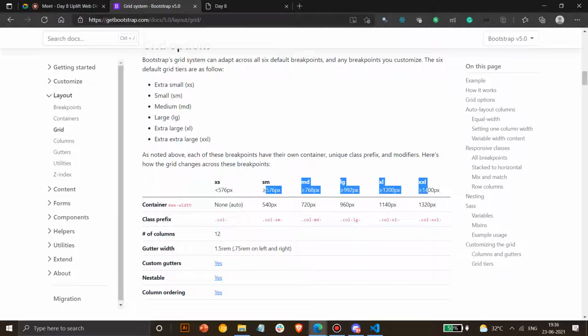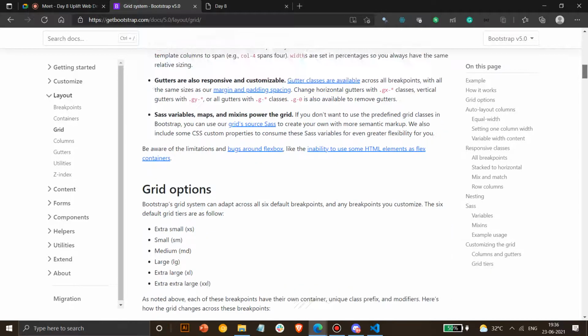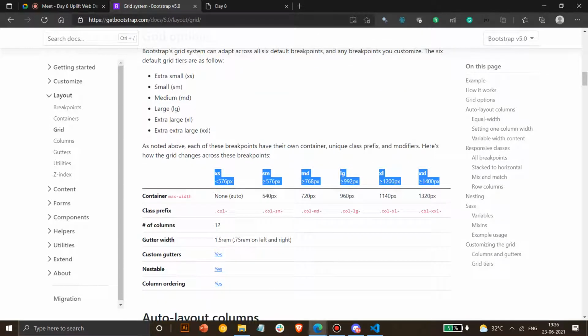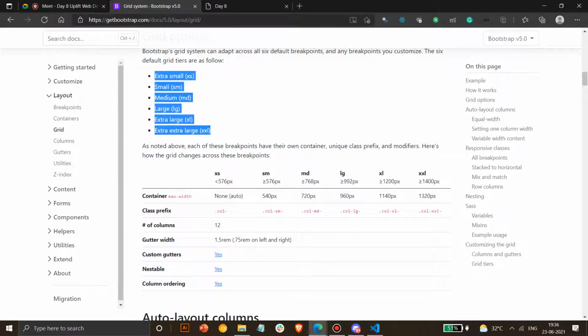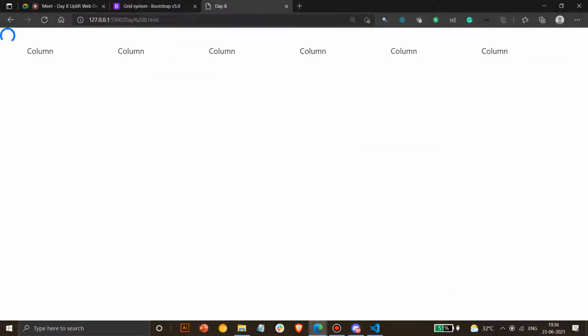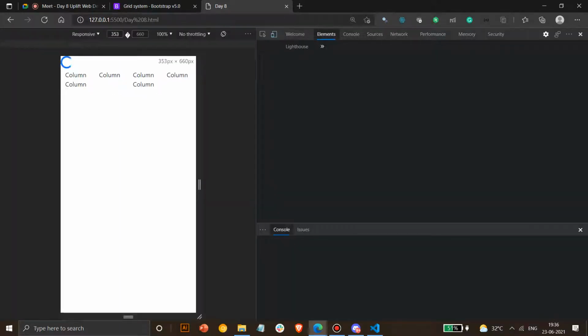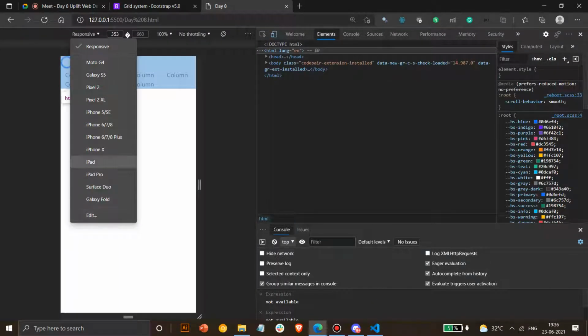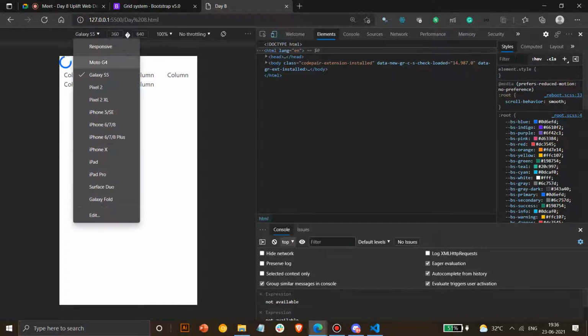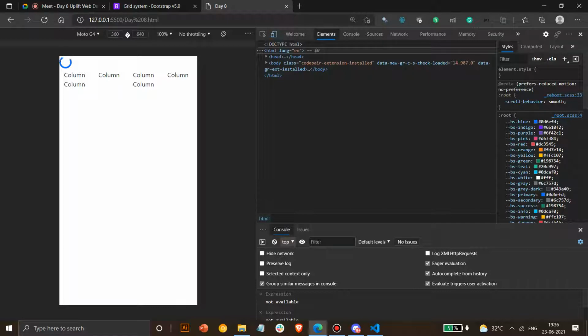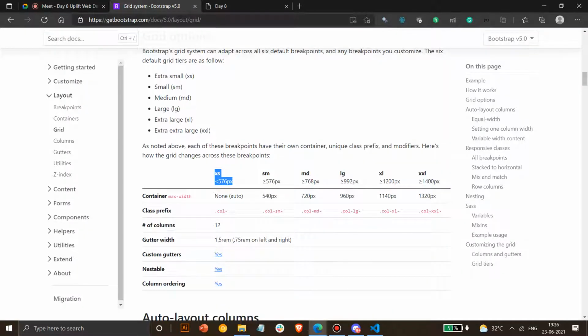So these are the total number of elements. There can be more than that, but these are the 6 of them, I think. There's also an extra small device size, which I'll show you. You can see the number of devices when you click inspect, in the responsive section. There are devices which are really old, like Galaxy S5 and beyond. You can check the resolution for it here. These devices come under XS.